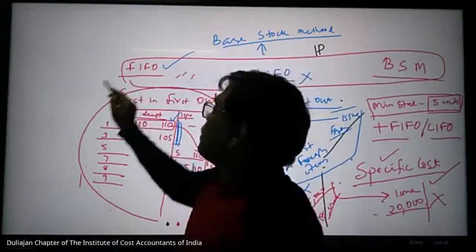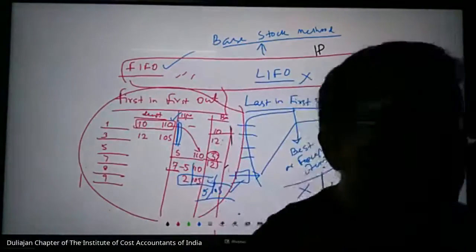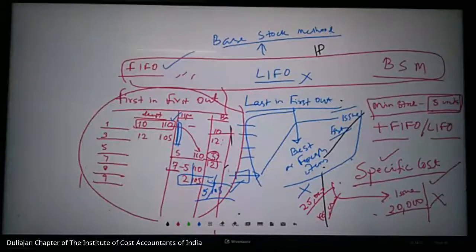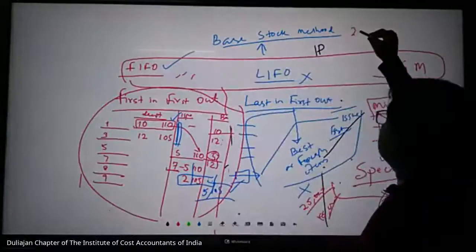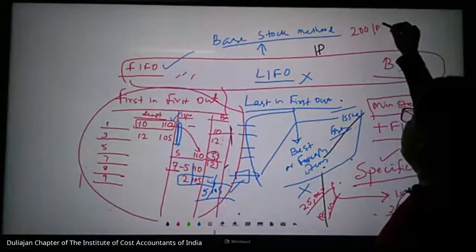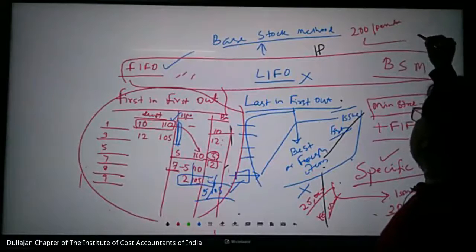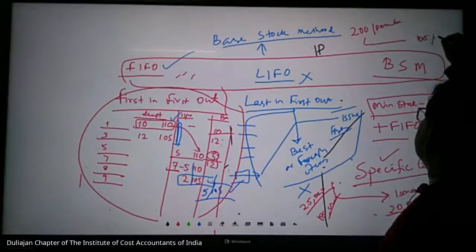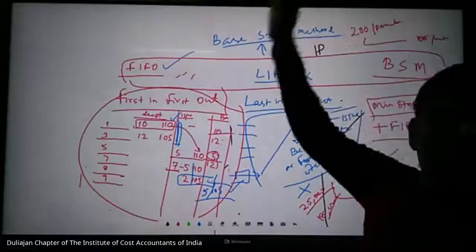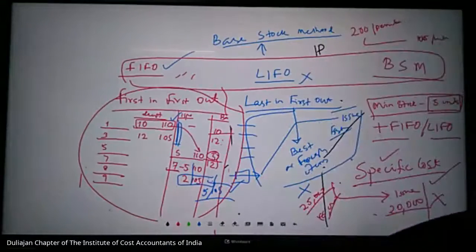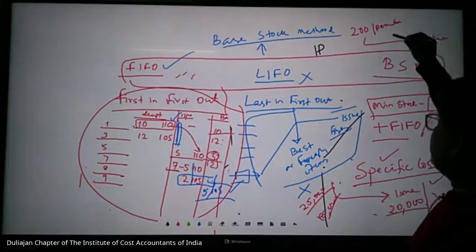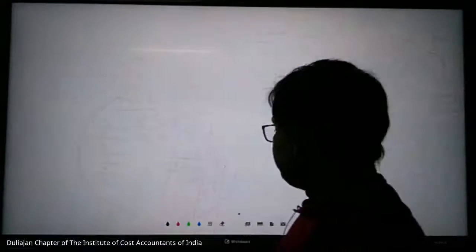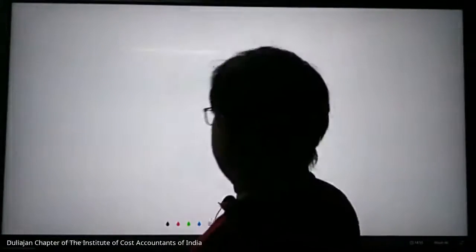Generally none of the companies follow these three, because they do not give us an exact cost of purchase. Today, suppose the price is 200 rupees per unit, but I am issuing at 105 rupees per unit because long back the price was 105, or now prices have come down. So this may not be realistic. That is why we are going for